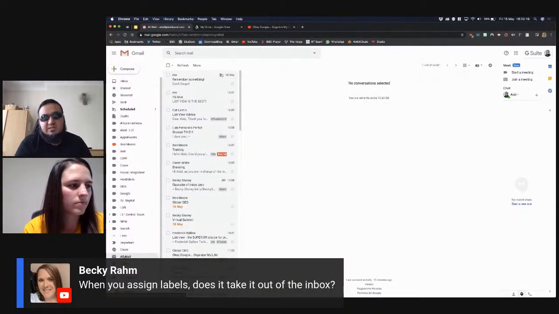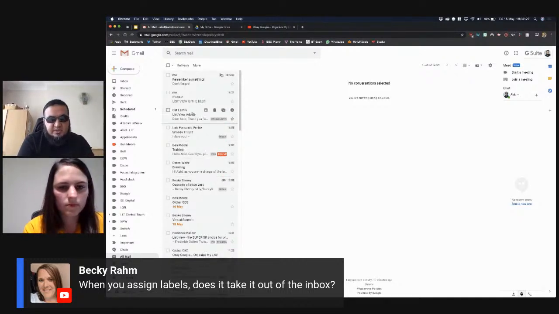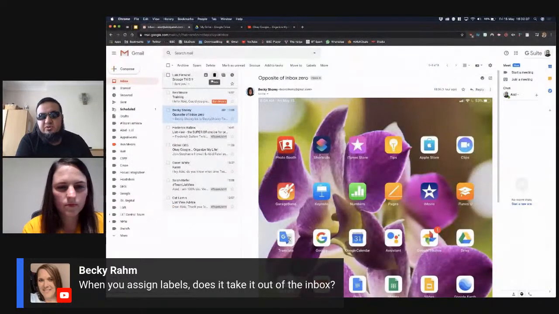And what all mail has is every email that's in your mailbox, whether it's in a label or whether it's in the archive. Everything that's in your mailbox appears here. So you can see the ones that have their own labels and ones that aren't in the inbox. So that's where messages go from out of your inbox.